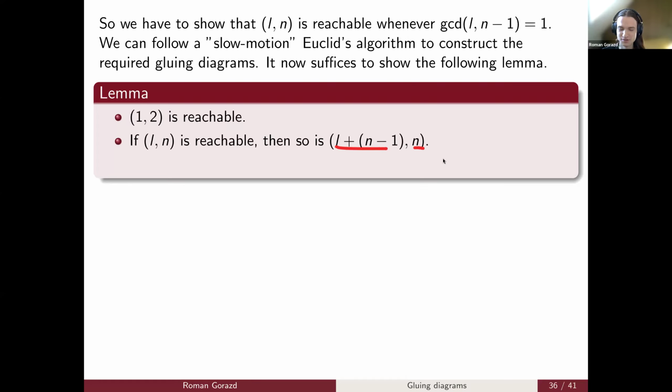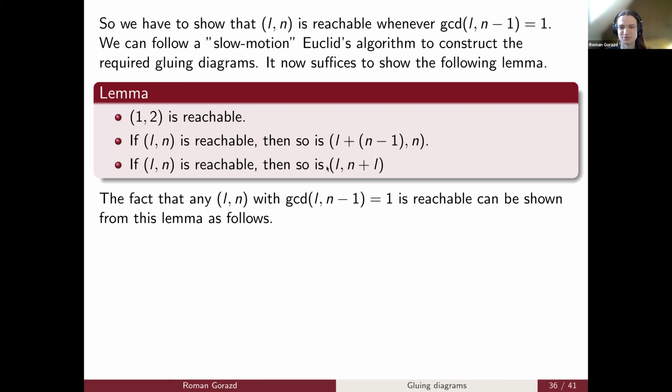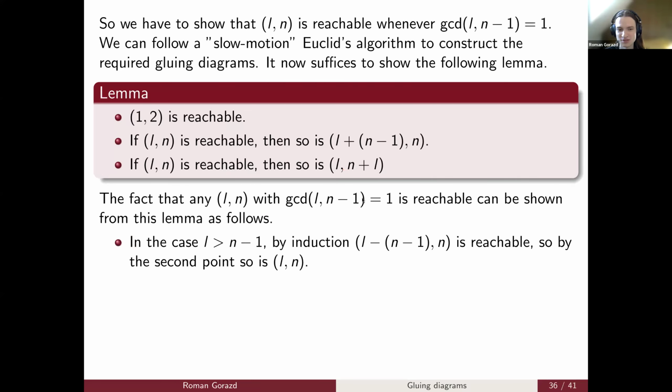This will be done by expanding the floating gluing diagram. And we will show that if L and N is reachable, we can add an L here. This will be done by a slightly more clever construction, which will add L vertices here. And this way we can show that any Ln with the GCD condition is reachable by saying, if L is bigger than n-1, we subtract, and we get